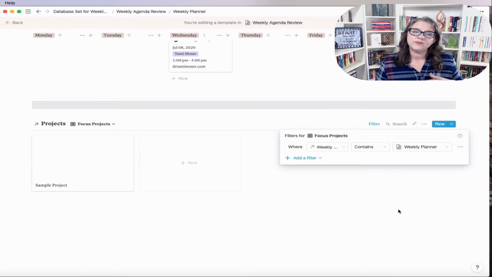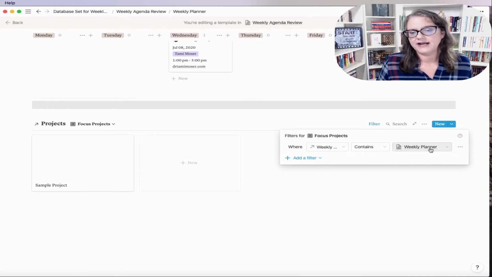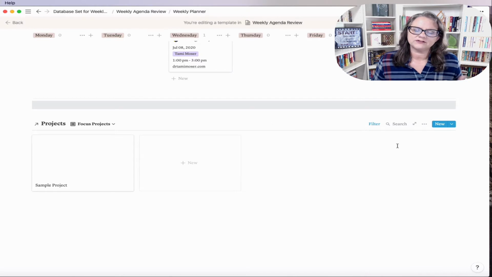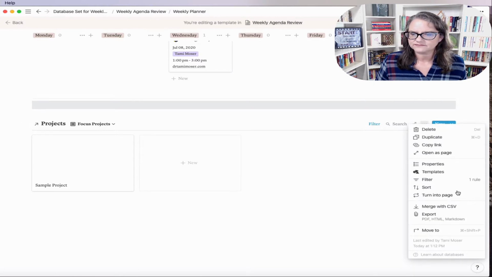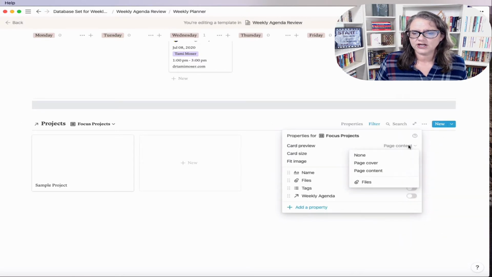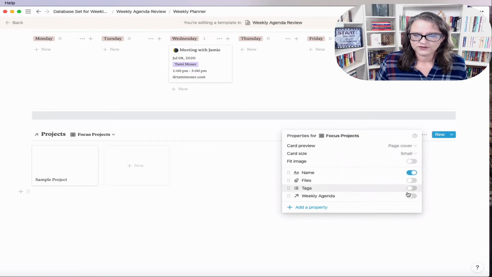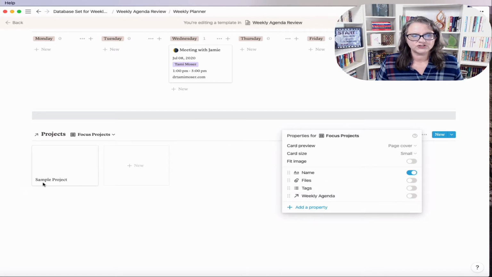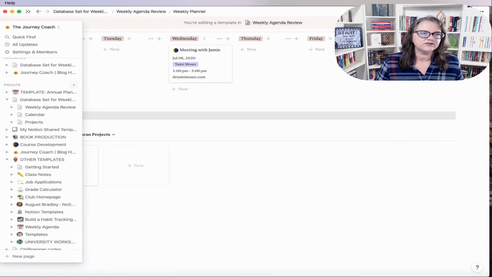So now when you spin a new one up and you're going to use it for a new week, you would come in and actually put the projects that are in there for that week. And I'll show you how that looks on mine so you have a better idea. Then you can come in here and adjust. I always do the page cover and do it in the small. And then you can put any of these that you want to see on the actual card, you can choose here and it will show you that information. So if we go back over and look at mine